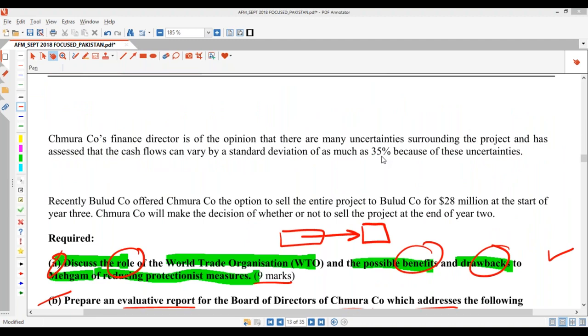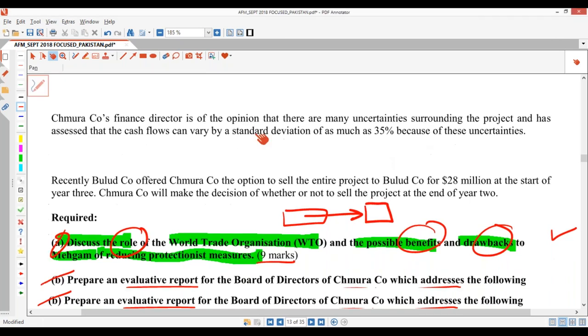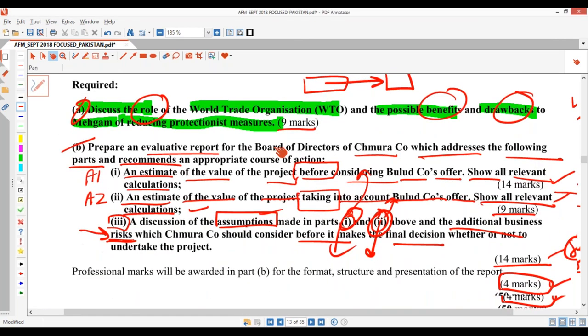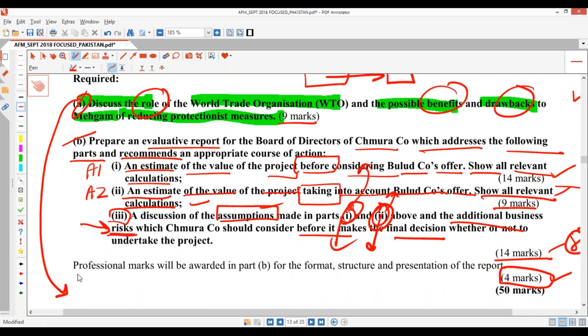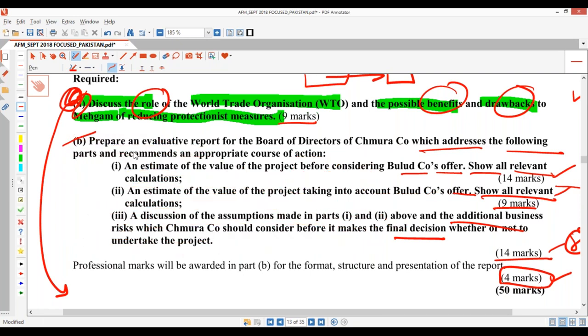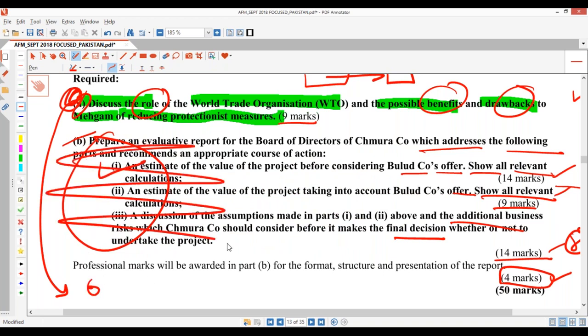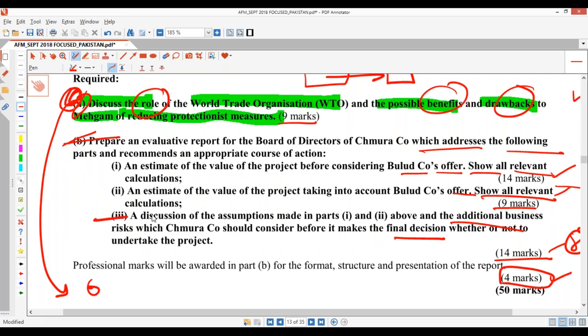There's a question here. Basanta is asking, is it okay to change the order of the answer? Well, you can. You can do part A last if you want to, or you can do part A first. You can do part A first, and then go to Q number 2 and come back to part B, no problem. But once you start part B, it's good that you finish it. Don't do part 1 and then go to part C. Once you do B, you finish B.